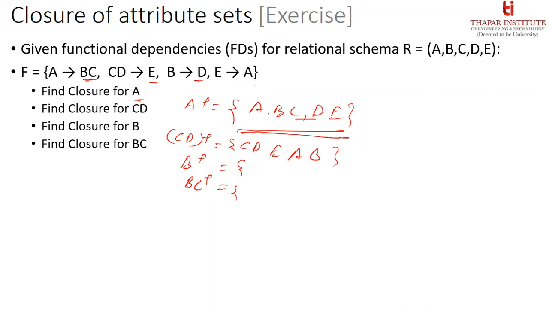अब B का बताओ. B आ गया, D आ जाएगा, D आ गया सर. B आ गया, D आ गया और कोई आएगा? और नहीं आएगा सर. कोई नहीं आ रहा है. ठीक है. BC का बताओ. सर BCD, C आ गया, DEA सब आ गए. सब आ गया तो सब आ गया. ठीक है. A आ गया तो सब आ गया. ठीक है. E भी आएगा सर. हाँ E भी आ गया.